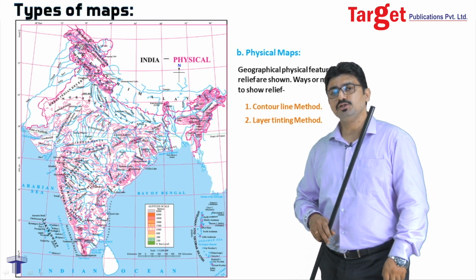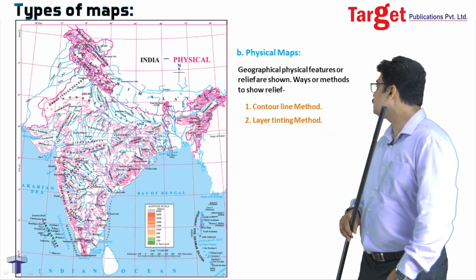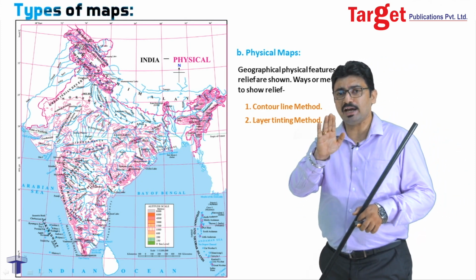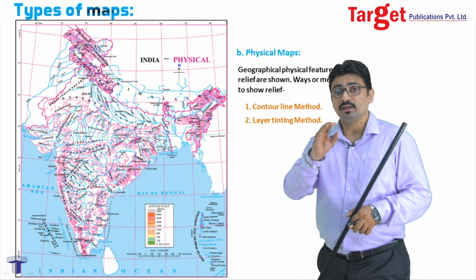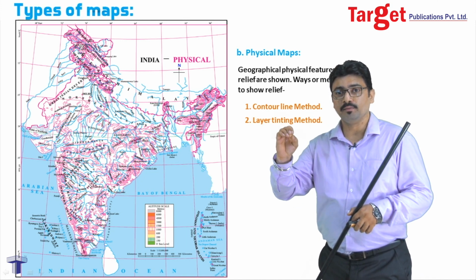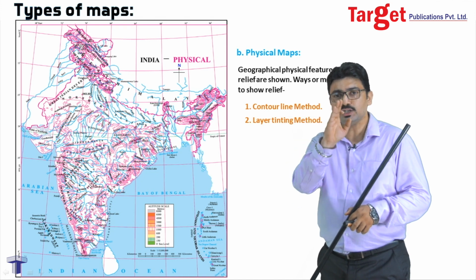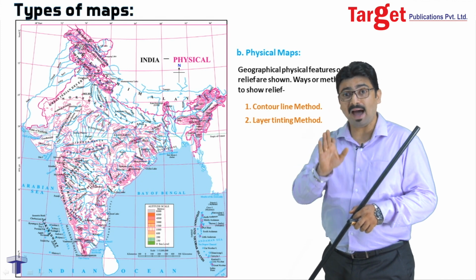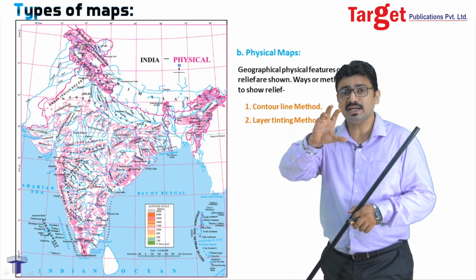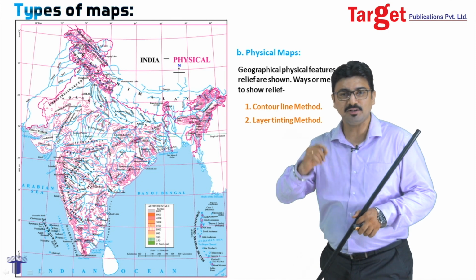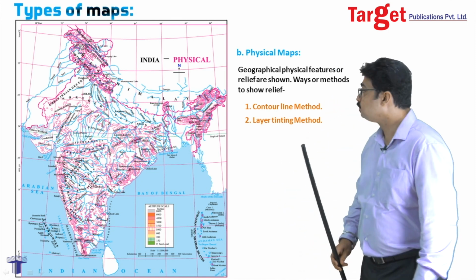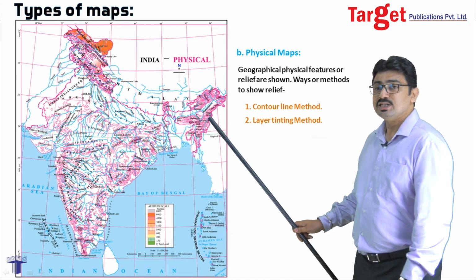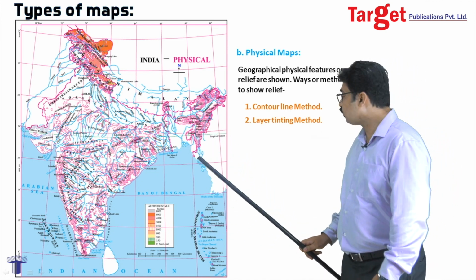The other method that is used to show relief and slope is known as the layer tinting method. This is a very interesting method where a particular shade of a color or particular pattern is decided for a particular altitude. So, various altitudes will have different shades or different patterns, and accordingly these layers are given on the map, which tells us exactly which area is of high altitude or which area is of lower altitude. Let us take an example. We have got a map of India. Here we will start filling it by shades of different altitudes, starting from the